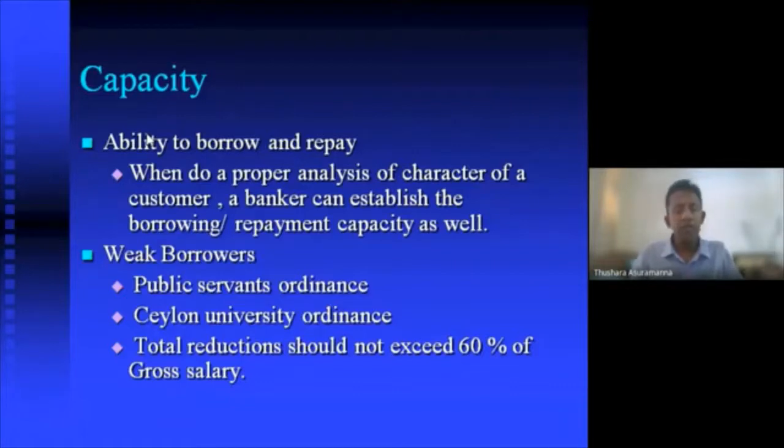The qualitative part is basically the ability to run the business, ability to conduct the business, management competencies, marketing competencies, legal compliances, environmental compliances, technical